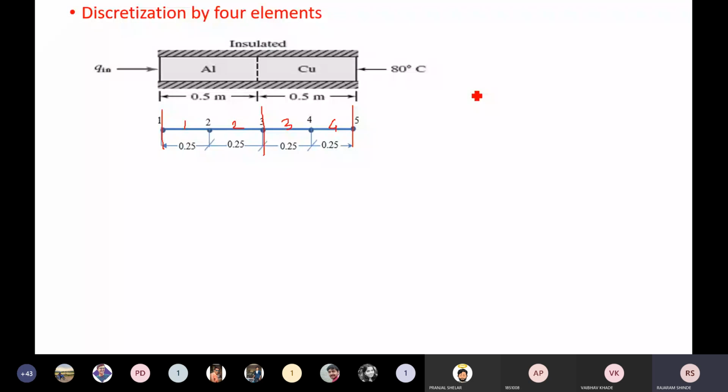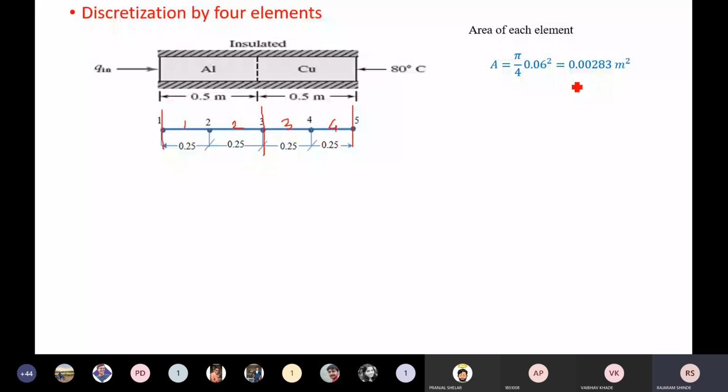Now can you tell me what is the stiffness matrix for the first element? Stiffness matrix for the first element, K A by L. First I will calculate the area from the diameter. This is a simple thing, pi by 4 into 0.06 square. It is the area. Because we need the area for stiffness matrix calculation. Sorry, it is conductivity matrix calculation, for conductivity matrix calculation.